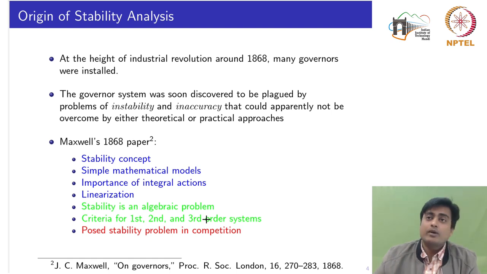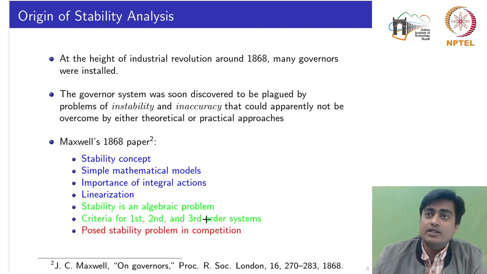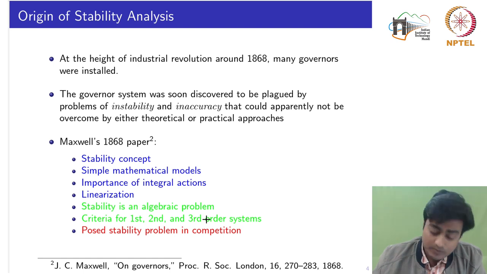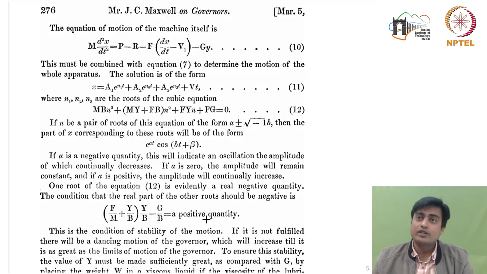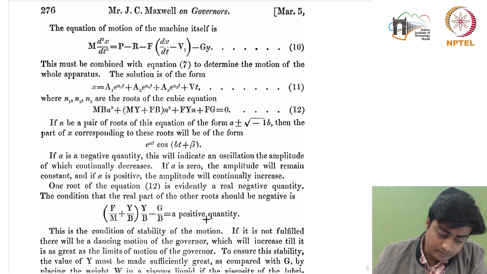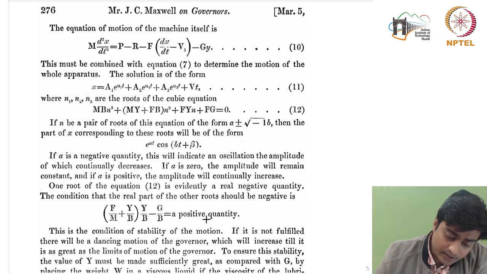So basically this paper posed the stability problem, that how one can define the stability, and how for the higher order systems or for the complex systems, the stability can be assessed. There is a snapshot of this paper which I have uploaded here. So here the important thing is